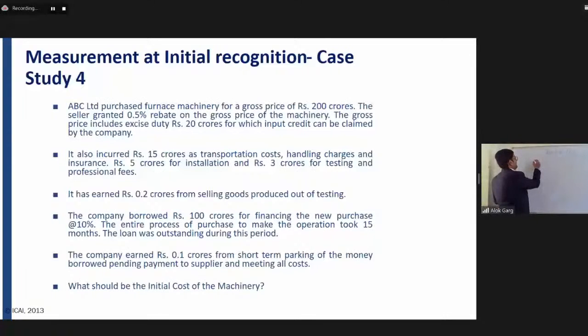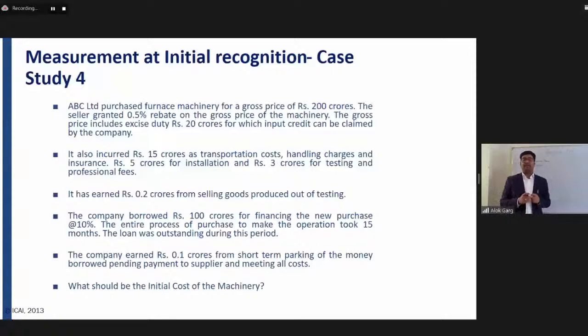So purchase price. Then there is a rebate. So rebate is required to be deducted. Please remember, when you have read the element of cost: purchase price plus import duties plus non-refundable taxes minus trade discount and rebate. So the gross price includes an excise duty of rupees 20 crore for which input credit